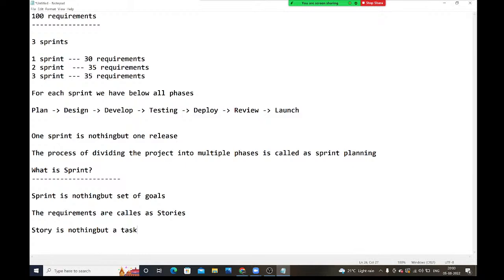We have a total of 3 sprints and all 100 requirements we divided into 3 sprints. In the first sprint, we have 30 stories. In the second sprint, we have 35 stories. In the third sprint, we have 35 stories. Is it clear? Guys, in the companies, when we are going to work with the Agile process, we should know some